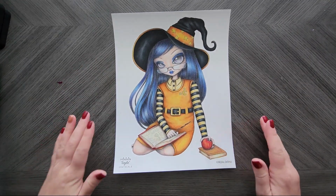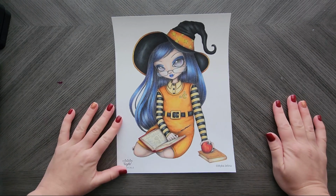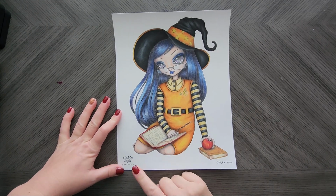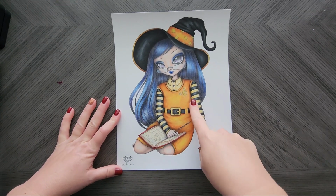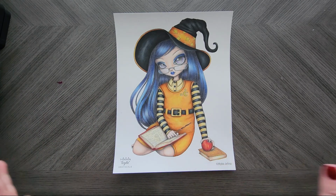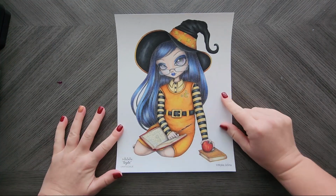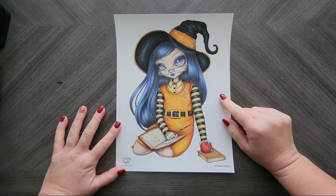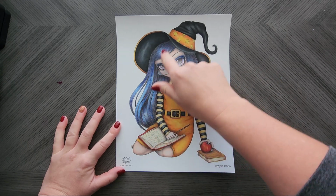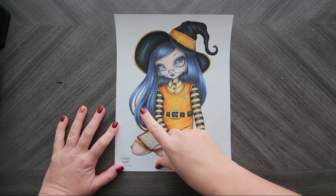Okay. Wow, I didn't realize how many Michelina pages I did this month. What is that, 3? So I had seen this one. Now I know she's coming out with another Minikins book, and this gal will be in it, as well as another one I had purchased, but it's okay, whatever. But I could not resist waiting for her. So this one is so cute, and the hair. So normally I want to do hers with marker, but the hair on this one just screamed, "You must do this in pencil." So I did the hair with